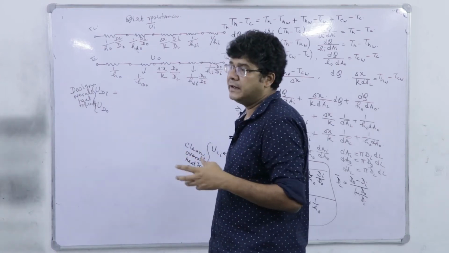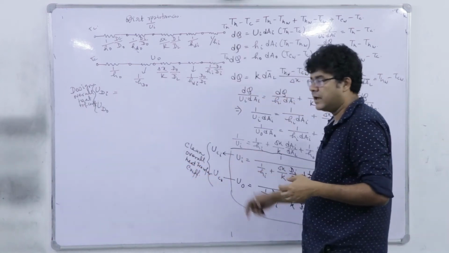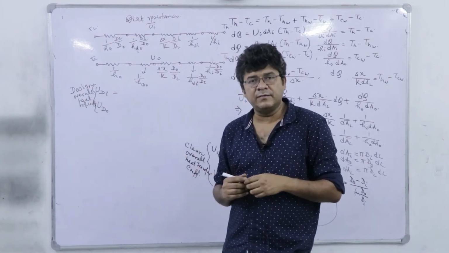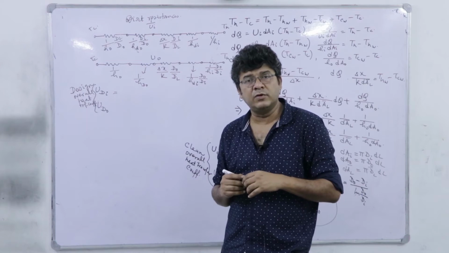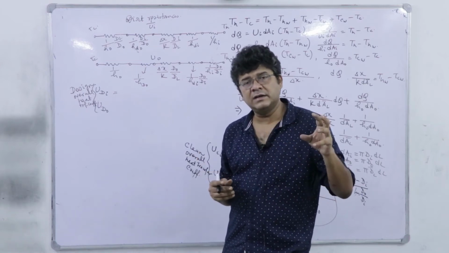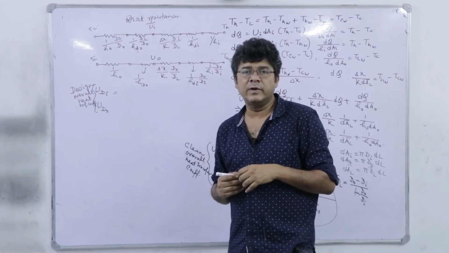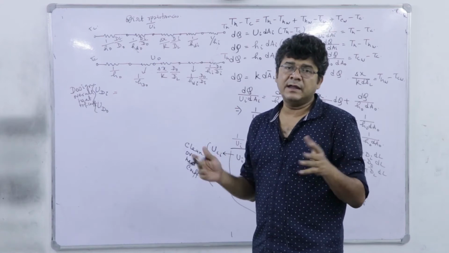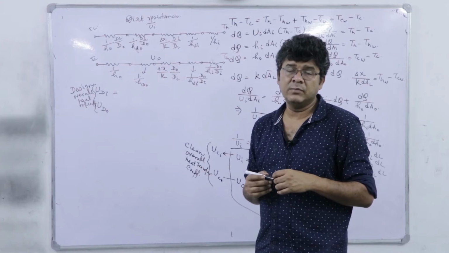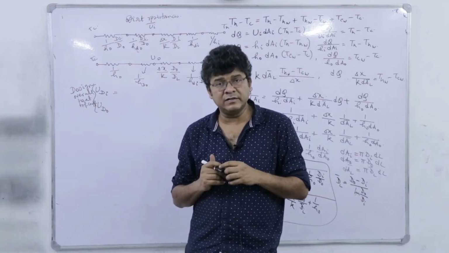Now if I design a heat exchanger with this clean overall heat transfer coefficient UCI or UCO, then definitely in the initial stage of its operation it will give you the full duty. But with time, there will be dirt deposition on the surface, inner or outer surface, and as a consequence with that given designed area it will not be able to perform its full duty, because in the design stage we haven't accounted for the dirt resistances.